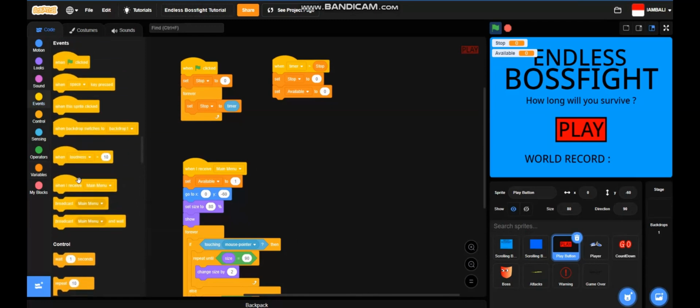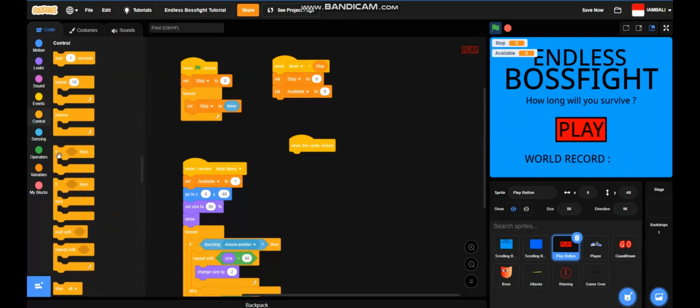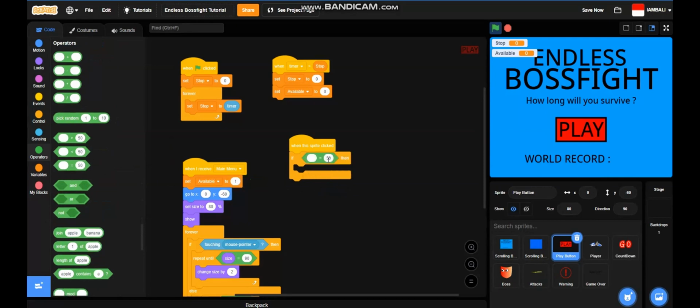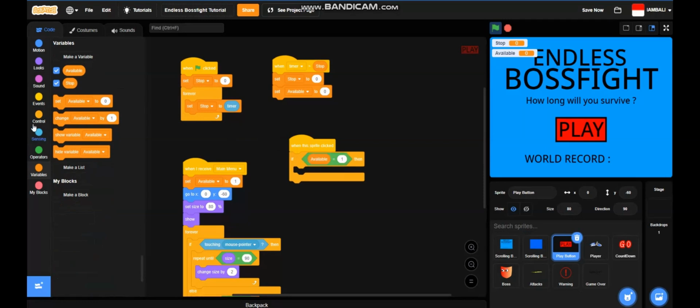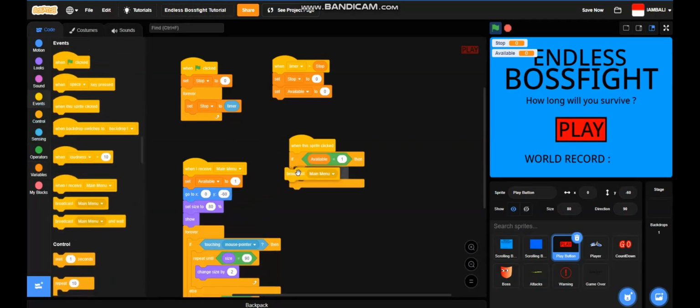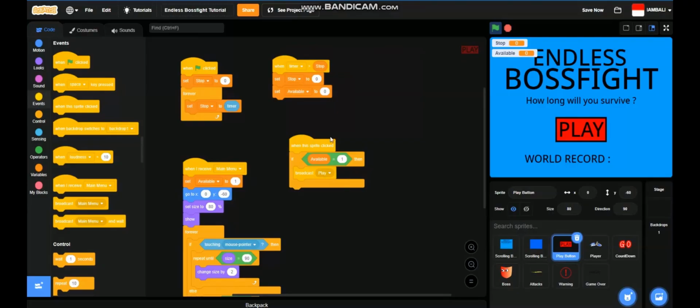Now go to events, and when this sprite is clicked, so when you press the play button, the game will start. When sprite is clicked, it will check if available equals 1. If available equals 1, it will broadcast play. And if available is 0, which means we haven't pressed the green flag,